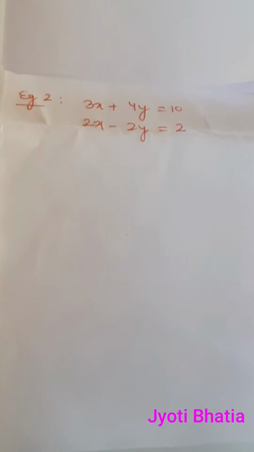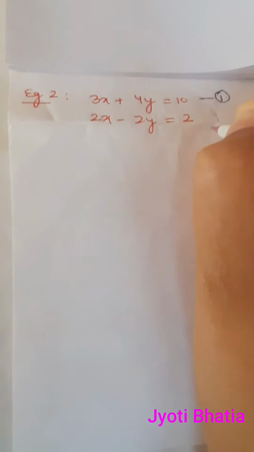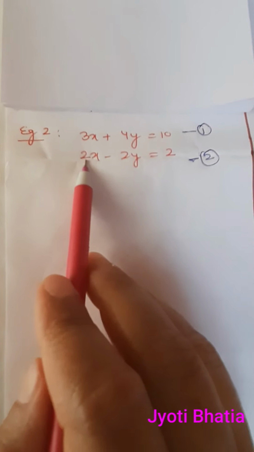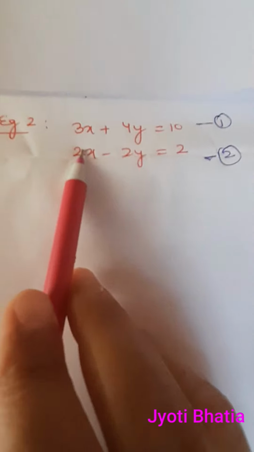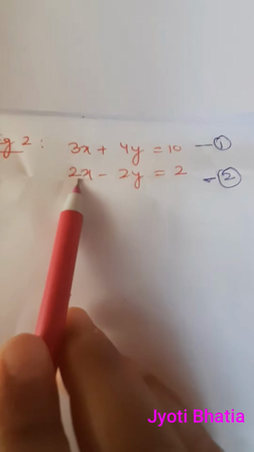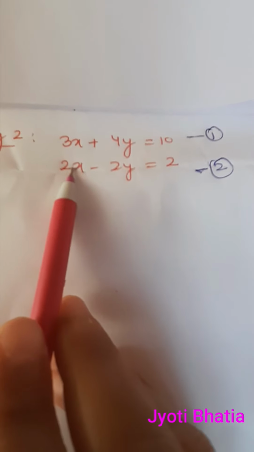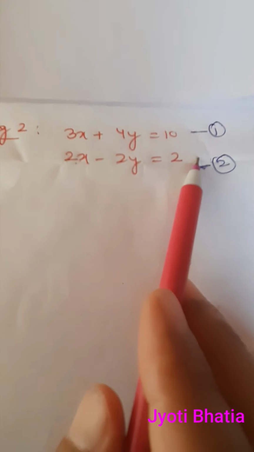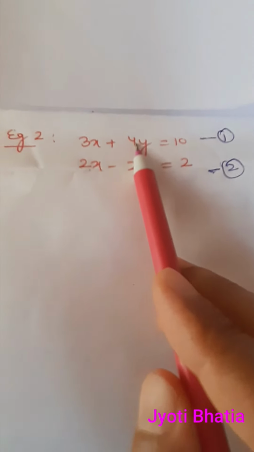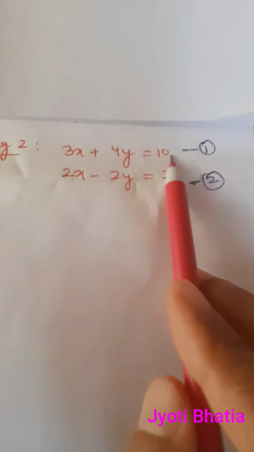Alright. Now let us consider another example. I'm calling these equations 1 and 2. Now here you can see you can either eliminate x or y. If you want to eliminate x, you want to make these coefficients equal. What is the LCM of 3 and 2? It is 6. So you shall multiply the first equation by 2 and the second equation by 3. The entire equations will get multiplied. But if I look at y, it is 2 and it is 4. 2 can easily be made 4 by multiplying it by 2. So I need not do anything with equation 1.